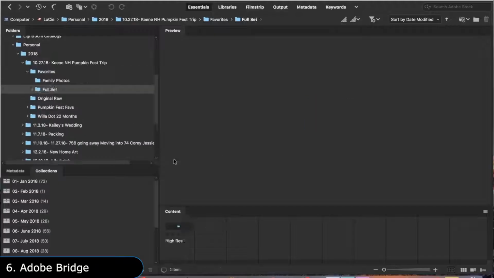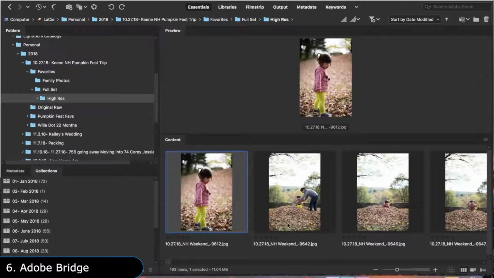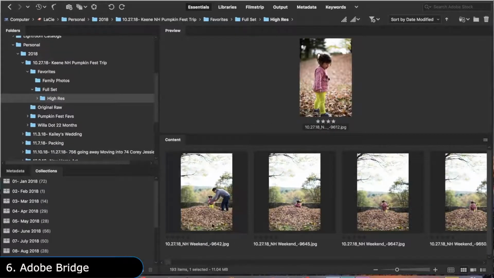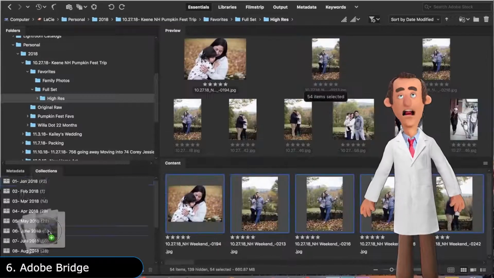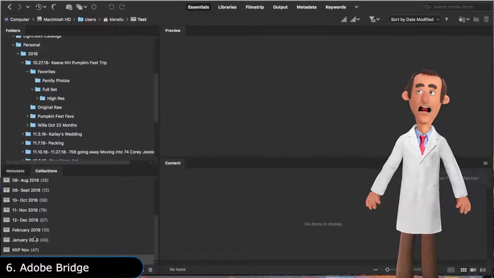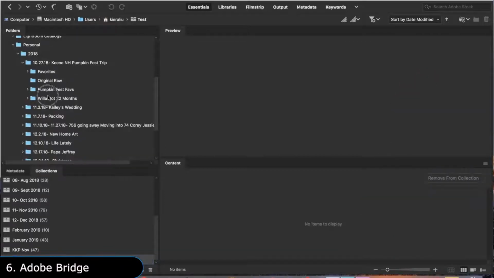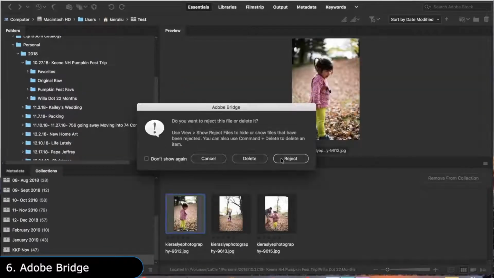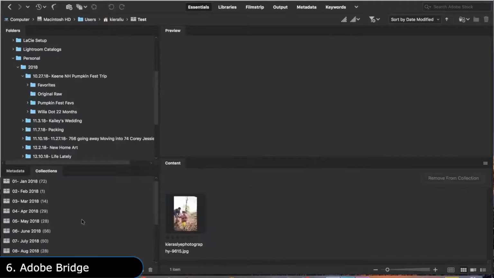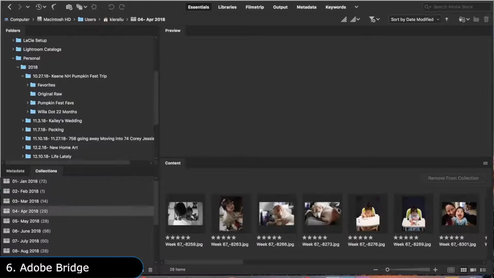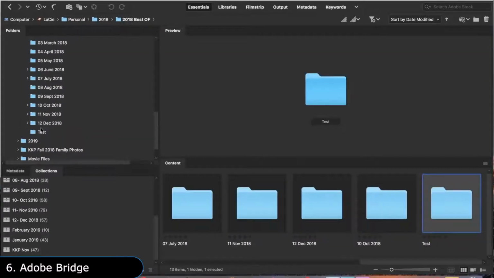Then there's Adobe Bridge, which is an easy-to-use visual media manager that allows you to organize, browse, and view your media files. But didn't you just say that Lightroom is for organizing media files? Yes, I did, but Bridge can handle more types of files, and it is more like a universal file manager which works together with all other Adobe software, whereas Lightroom is specifically designed to suit a photographer's workflow.